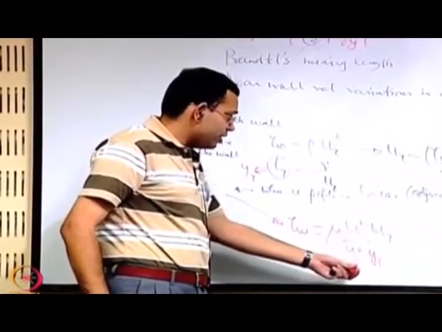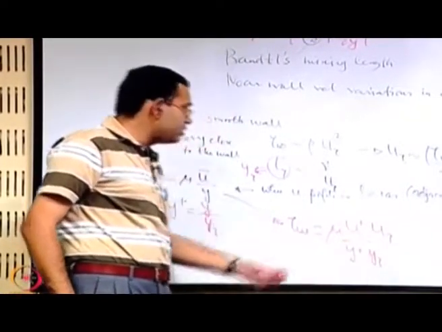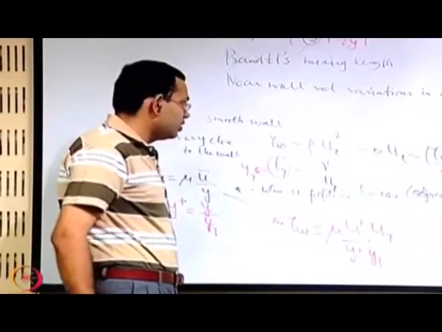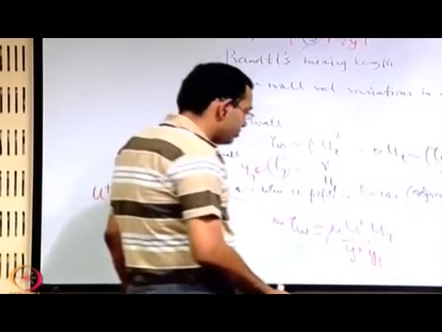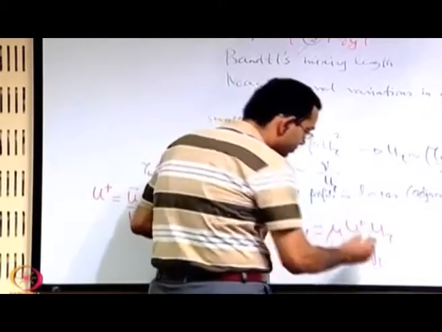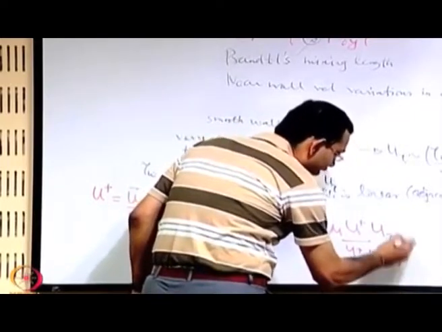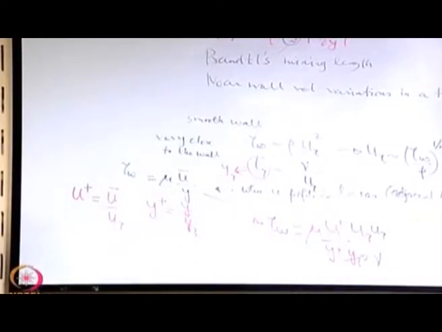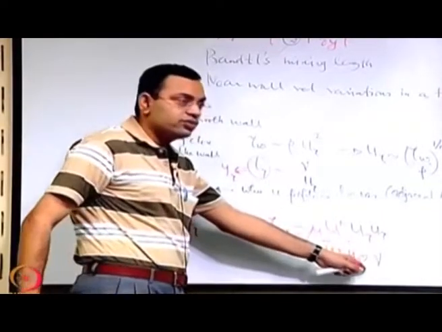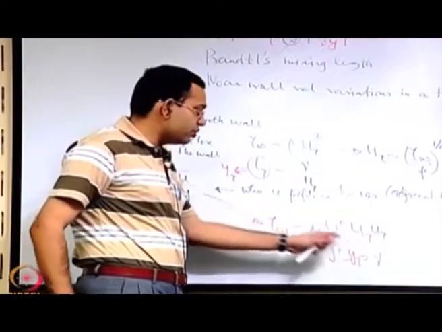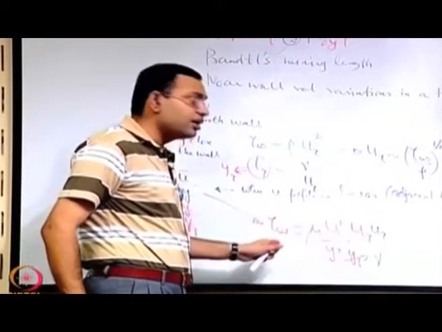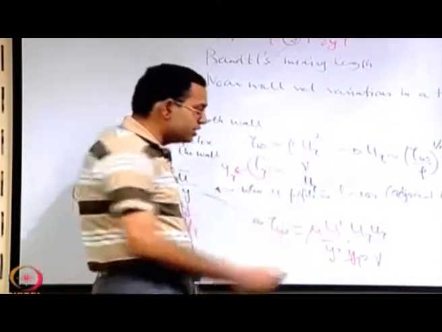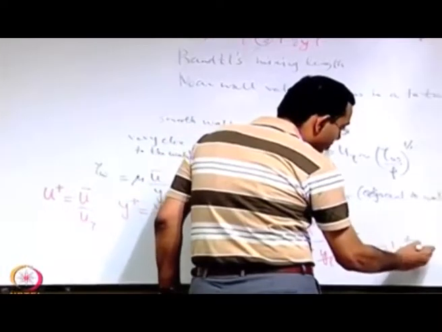So when you have this, now you may write u tau as a function of y tau. So y tau is what? Nu by u tau. So replace y tau with nu by u tau, and mu by nu is rho. So the right hand side is rho into u tau square, the left hand side is tau wall, and the tau wall scale is rho into u tau square. This gives u plus equal to y plus.